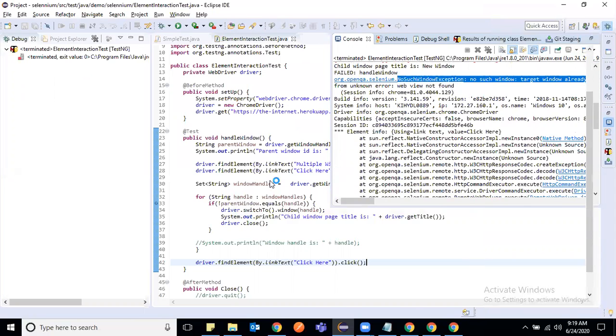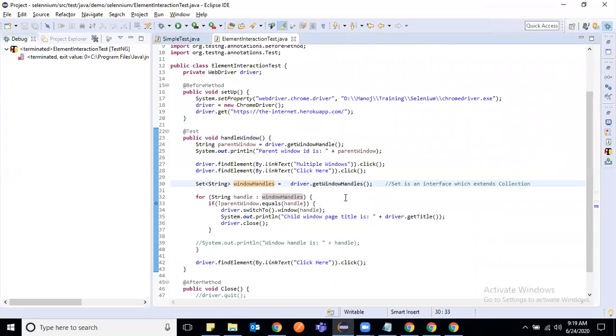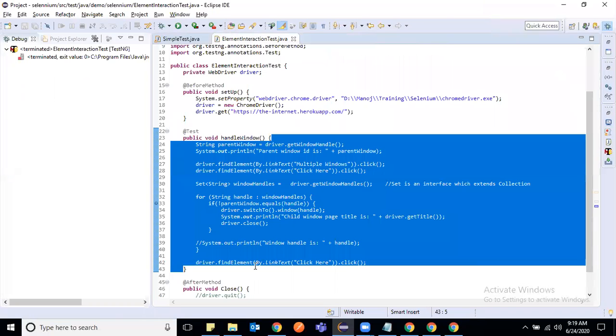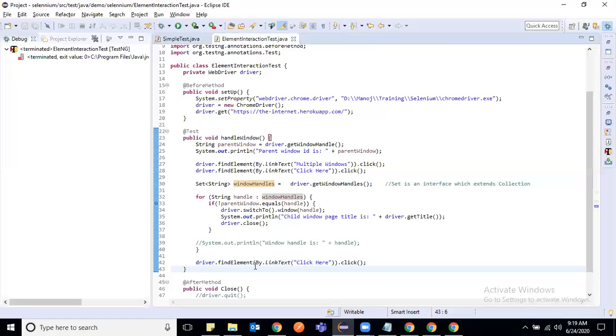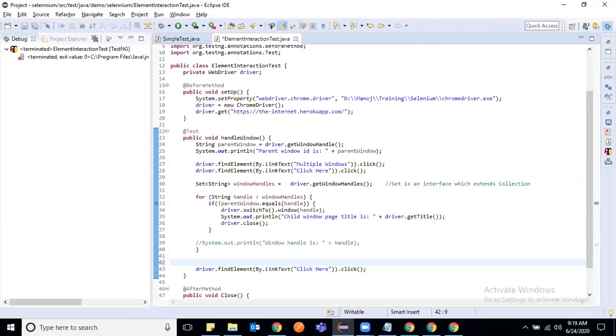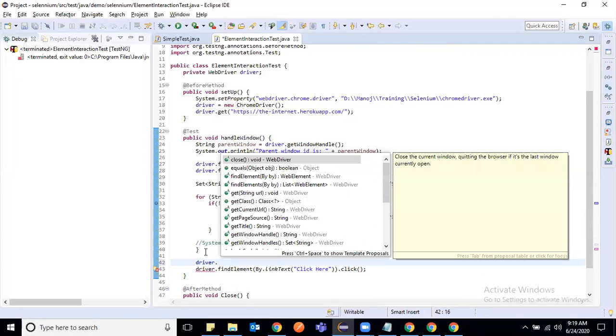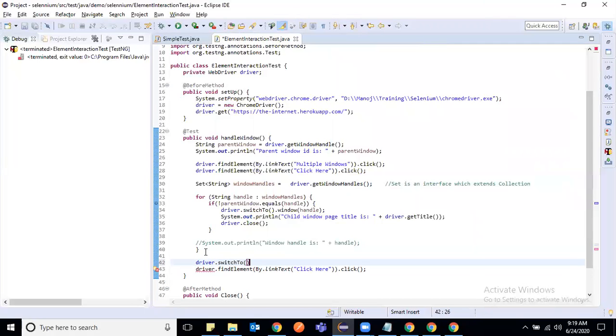Because we told Selenium to switch the focus to the child window, and again I'm saying click there, it is still focused on the child window. So what we have to do, as we saw in the case of alert, is switch back to the parent window. After performing our job there, we have to switch back to the parent window, this way.